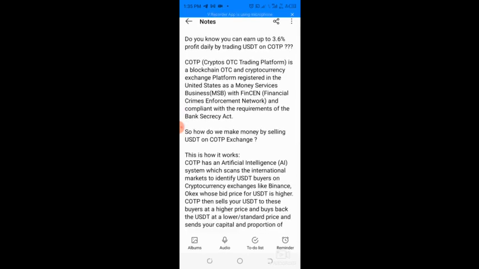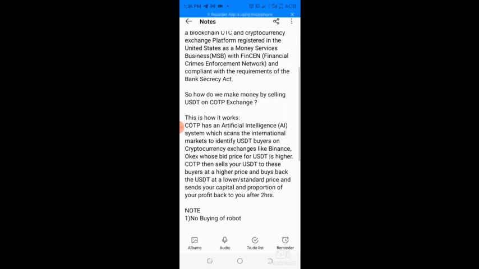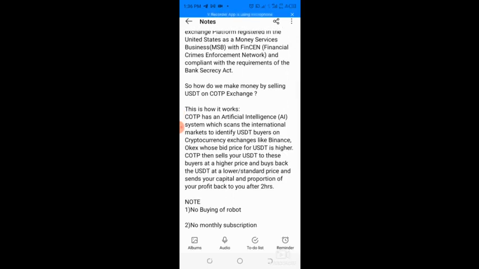So how do we make money by selling USDT on COTP Exchange? This is how it works. COTP has an artificial intelligence AI system which scans the international market to identify USDT buyers on cryptocurrency exchanges like Binance and OKX whose bid price for USDT is higher.